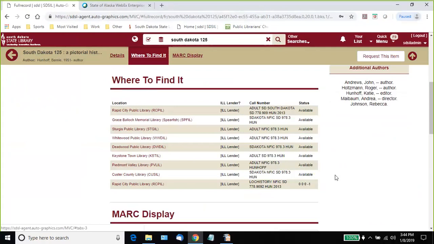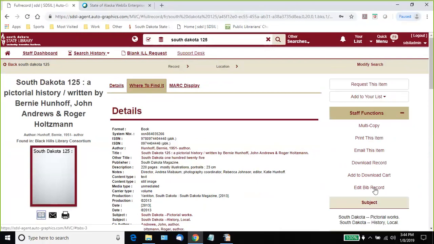And there is an edit bib record button right there, but I'm going to scroll up a little bit just to show you that under staff functions, it's the same, but there's also edit bib record here. You could download the record directly. You could add it to a download cart within SHARE-IT. So if you wanted several records, you could search, find them, put them all in your cart, and then download them all at once. But if I click on edit bib record,